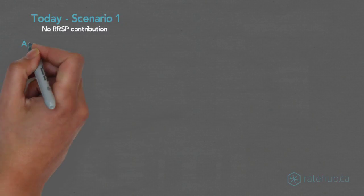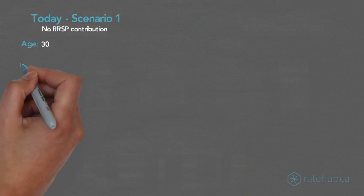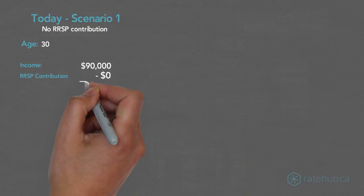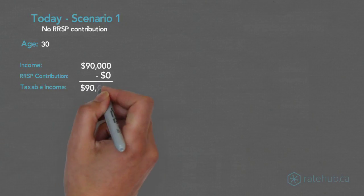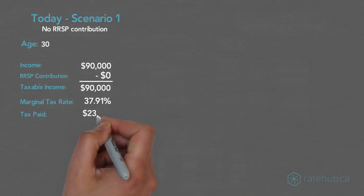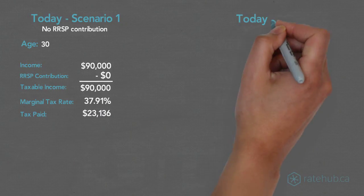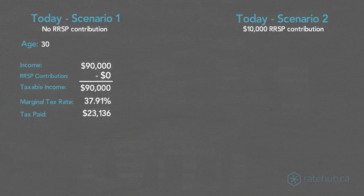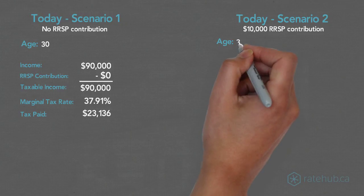Say you're 30 years old in Ontario, making $90,000 a year, and you don't contribute to an RRSP. Your highest marginal tax rate is then 37.91%, and you owe $23,136 in tax. On the other hand, if you chose to contribute $10,000 to your RRSP, this amount is subtracted